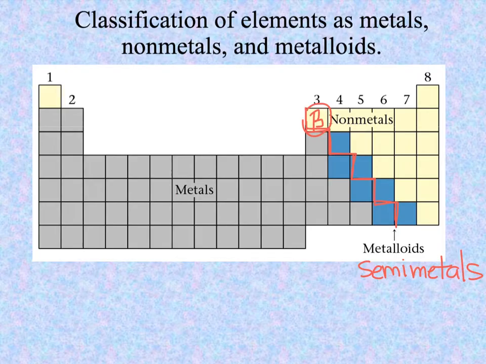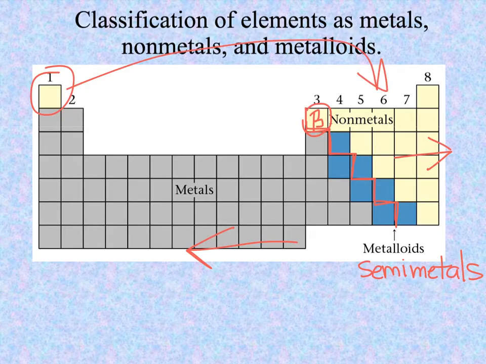So what I like to say, metals are on the left side of the periodic table. Your non-metals are on the right side of the periodic table, okay? So once again, when I say metals are on the left, I mean the left of the stairs. When the non-metals are to the right, I mean the right of the stairs. One exception, obviously, hydrogen over here. Although it's on the left side of the periodic table, it really belongs over there. And that's just something that you have to remember. The reason why they put hydrogen way over here on the left is because they wanted the periodic table to